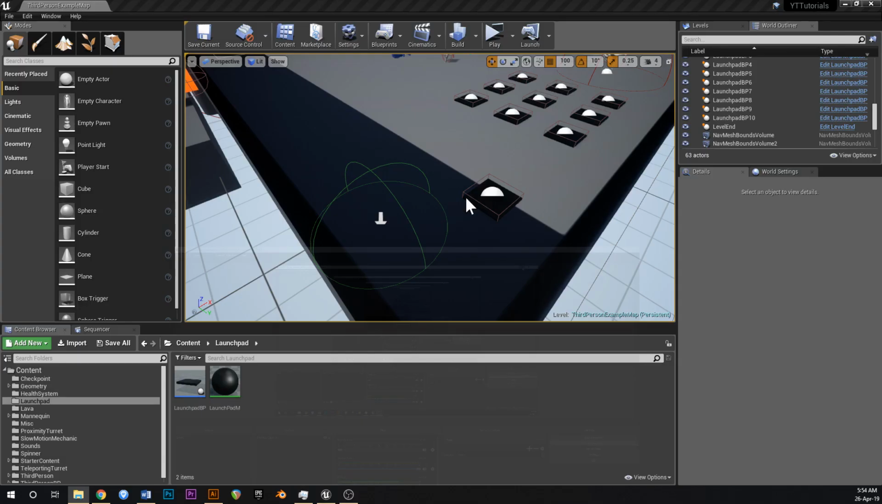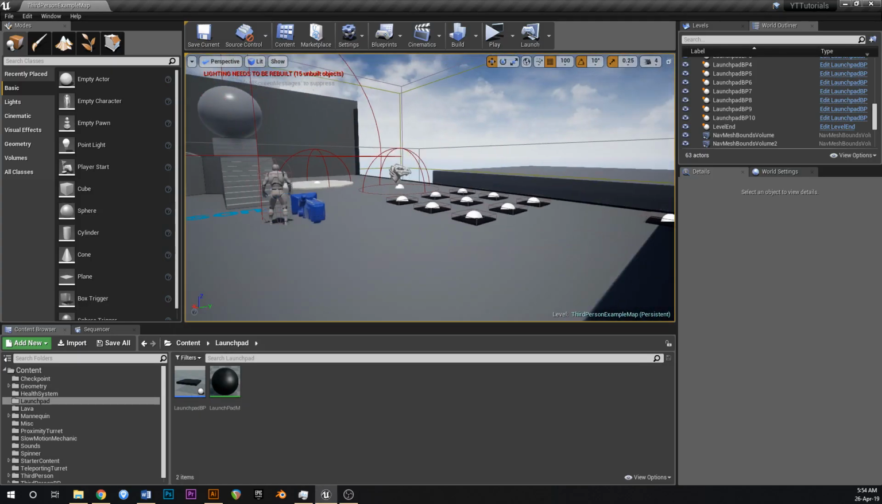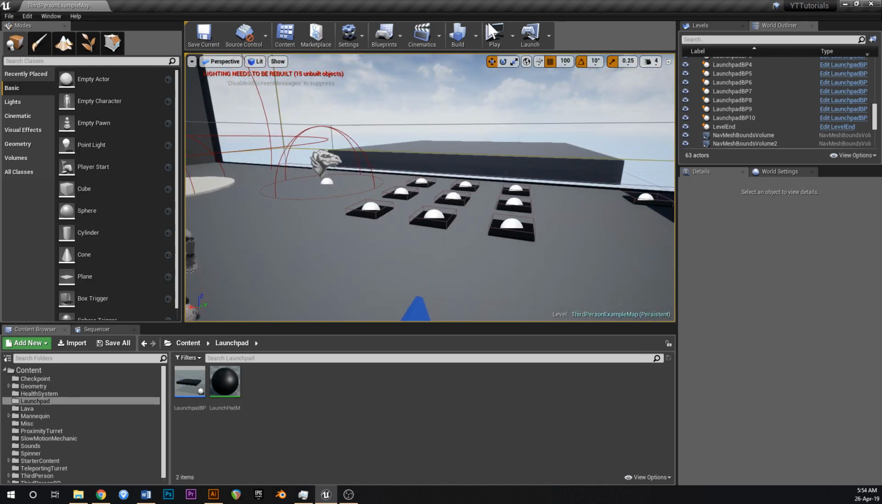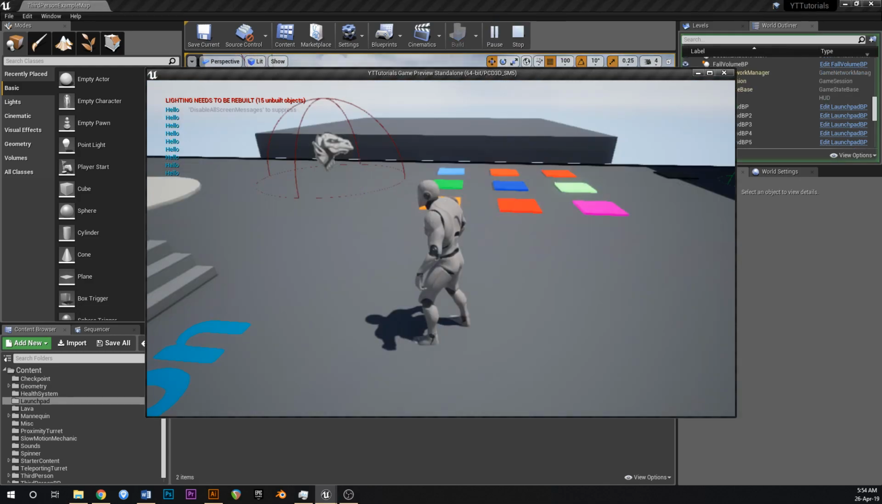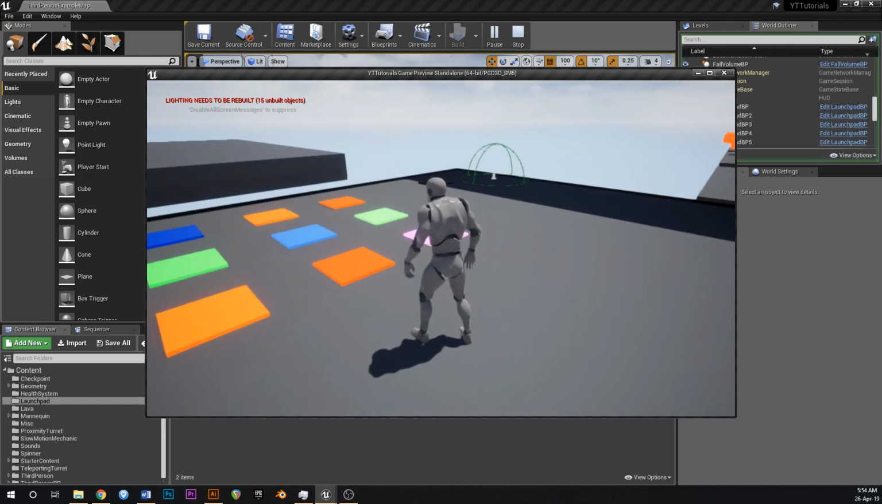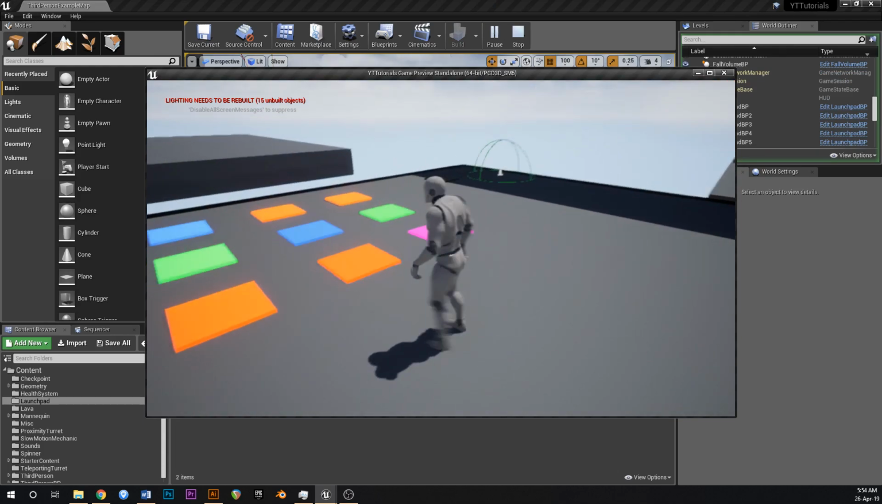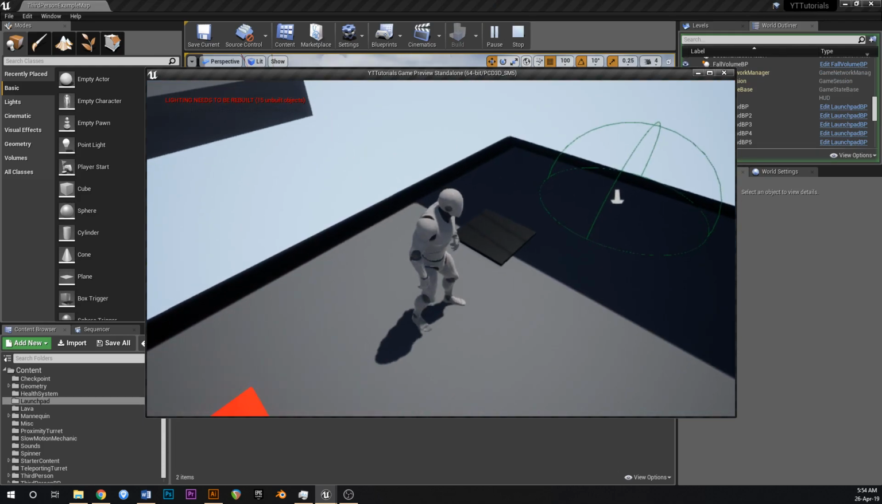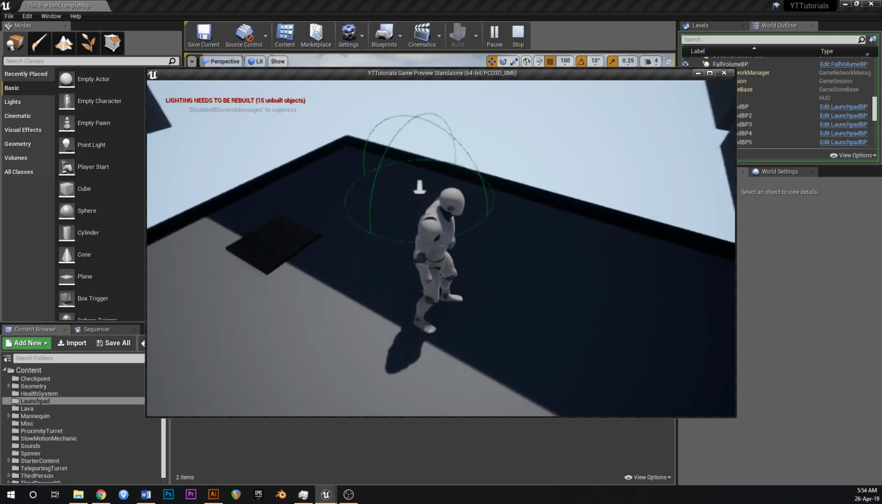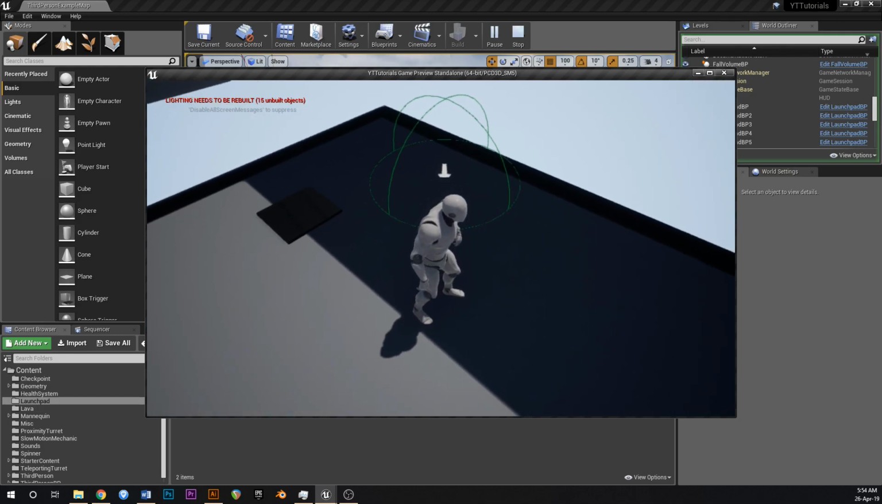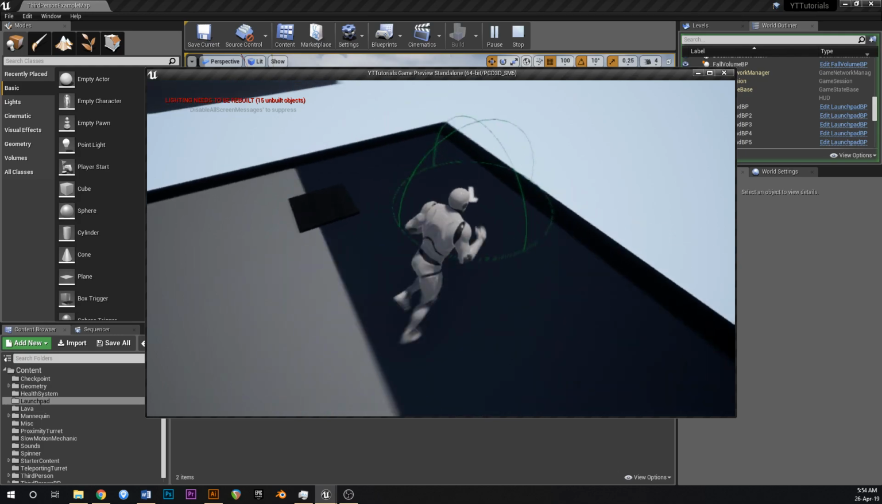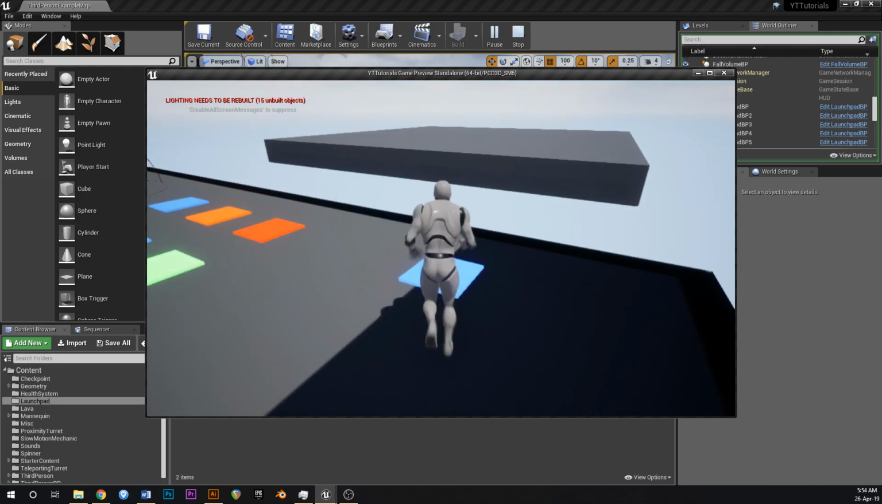Hey guys, in this tutorial we're going to carry on from the Launchpad one that we did last time. What we did in that was we created these flashing little pads that, when you walk over them, launch you up in the air. And at the end of the tutorial we created this little volume over here in the level blueprint. When you overlap that, it activated one of the pads that was previously